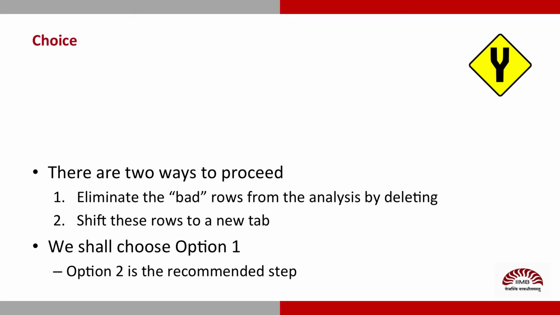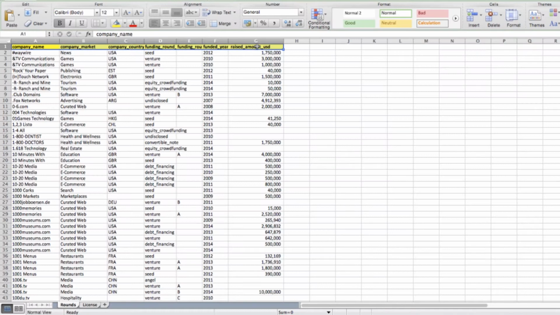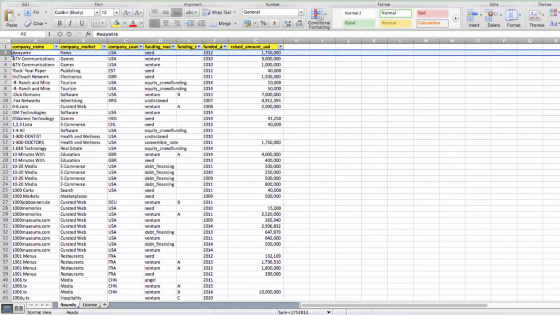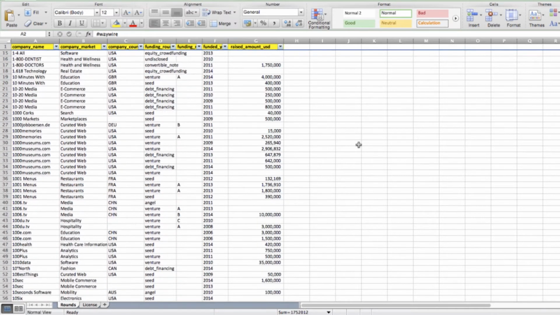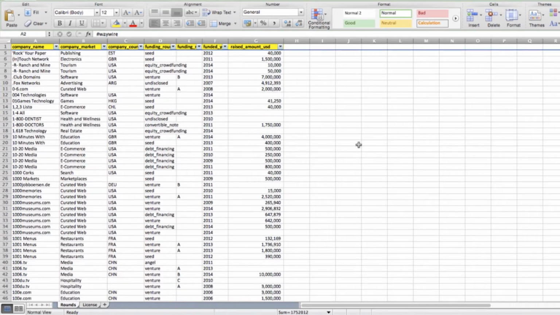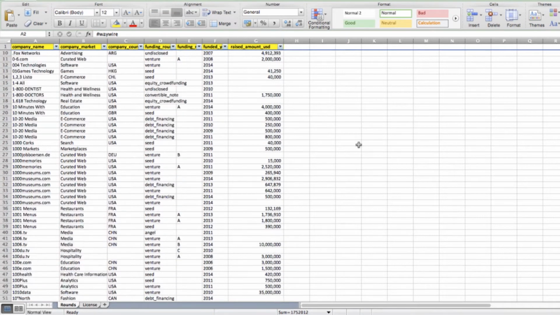One easy way to do it is to place a filter on the first row. I can use the filter button over here. It brought several drop downs, as you notice. And then after that, I'm just going to focus on the raised amount column. But before I do that, let me freeze panes at this level so that when I scroll up and down, you notice that the header row will be constantly there.